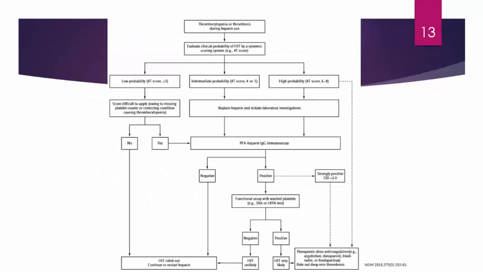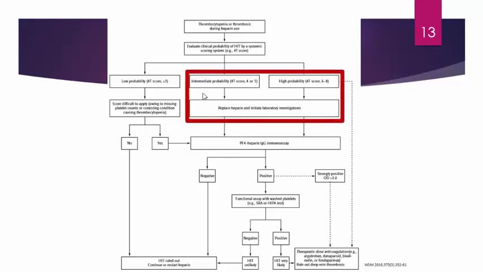So essentially, this chart here is going to be very important to know in terms of how to go about not only diagnosing HIT, but essentially how to treat it as well. So essentially, remember that you have to have a 4T score of 4 or more to essentially go down the pathway. However, if your score is missing components, you may potentially go along the pathway of getting a PF4 antibody if your score is less than or equal to 3.